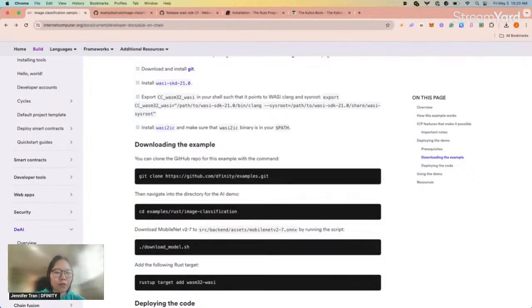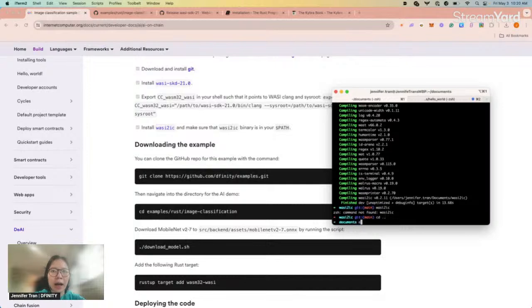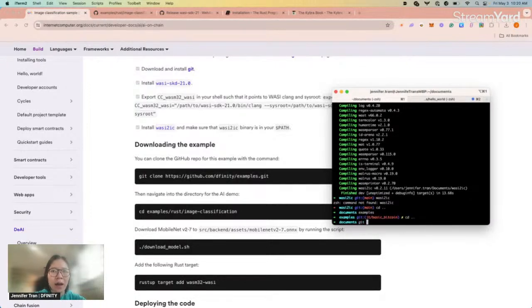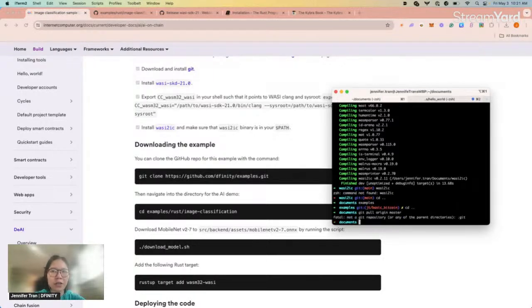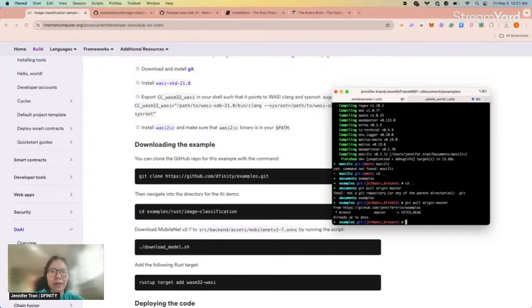So for me, I believe I already have these examples, and I will do a git pull origin master just to make sure that I have the latest version.